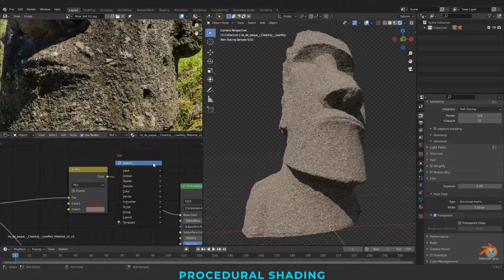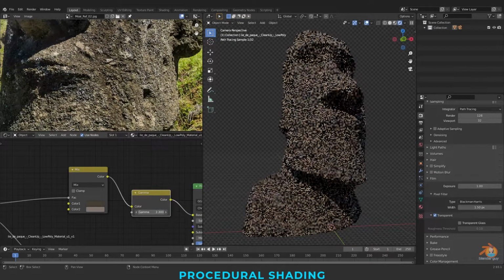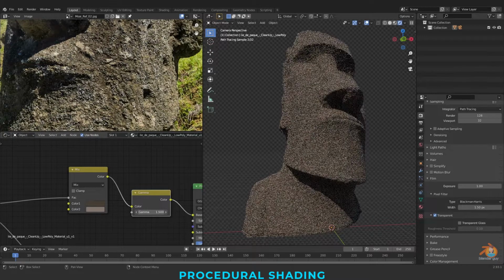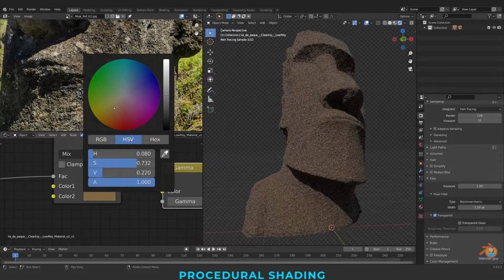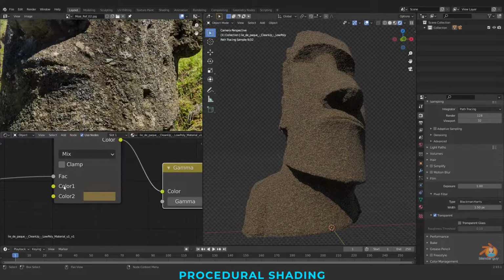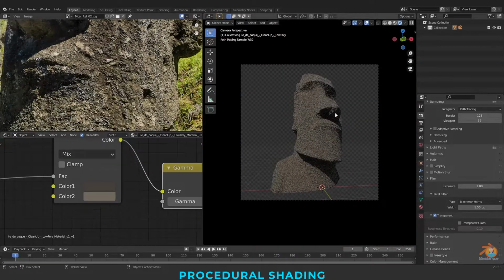I'm adding a Gamma here and increasing the value, removing the saturation a bit. So this is our base material, we can say.